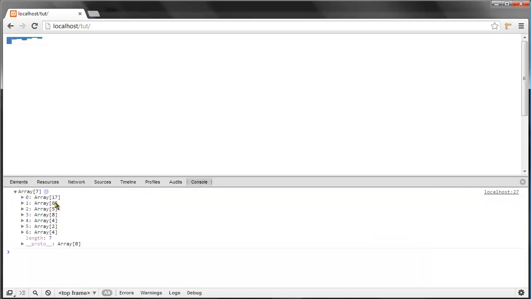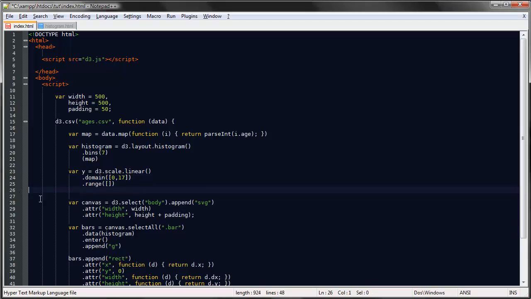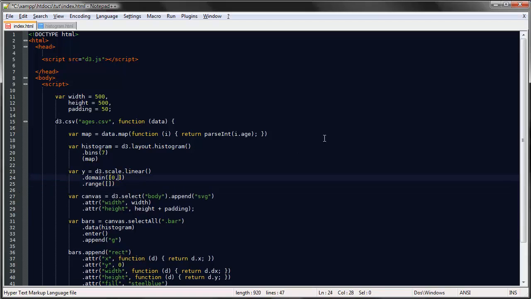So our array here contains a number of arrays. Each of these are the intervals or the rectangles, and the highest number here is 17, the first range. So we could just say let the domain go from 0 to 17, but we could also do this in a fancier way and a better way, which would be to use the D3 max function, which takes the maximum value of any given array, and we'll supply this with another function the map function returns. So we'll say